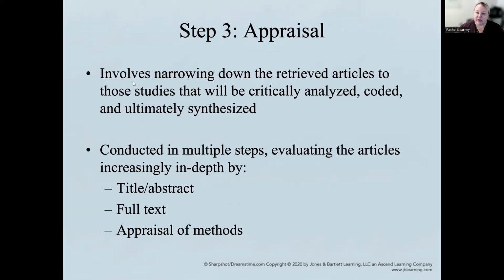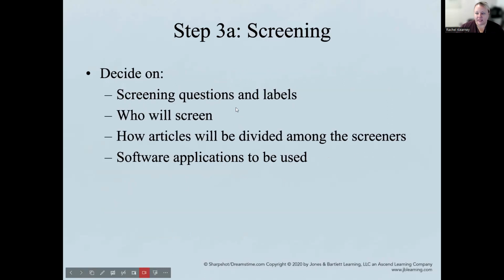The next step in appraisal really involves narrowing down the articles to the studies that you will analyze. So you've done this systematic search, you have a lot of articles, and you really want to decide which ones you're going to analyze and become part of your systematic review. So you'll want to look at the articles, looking at the full text, looking at the methods they used, sort of looking at each of these articles and decide on,